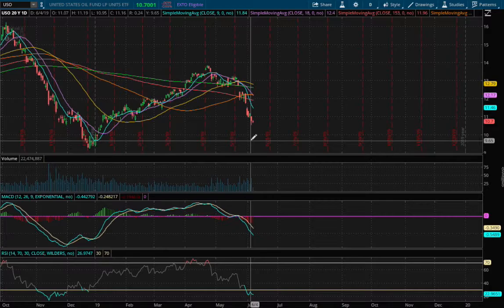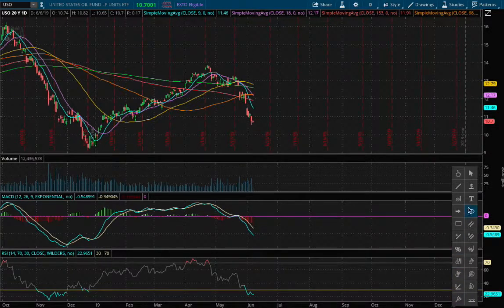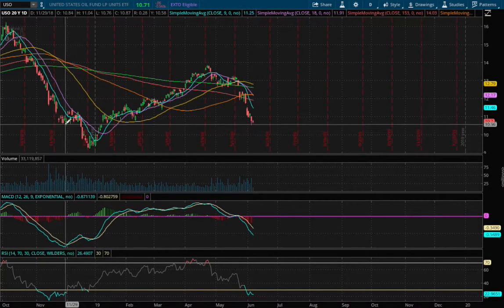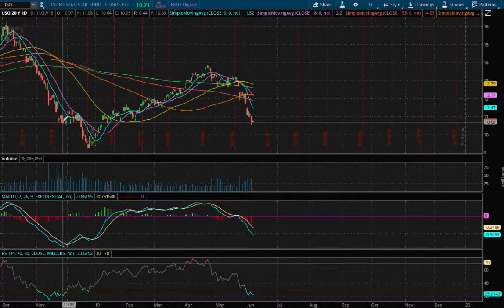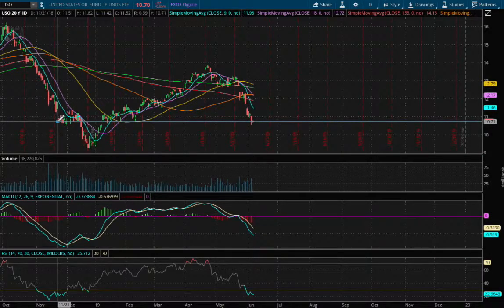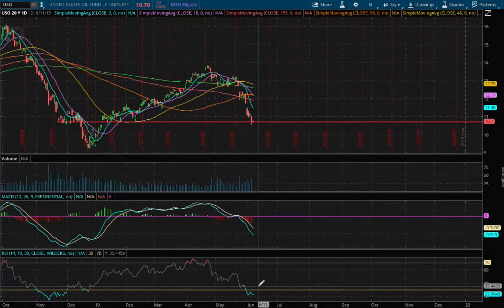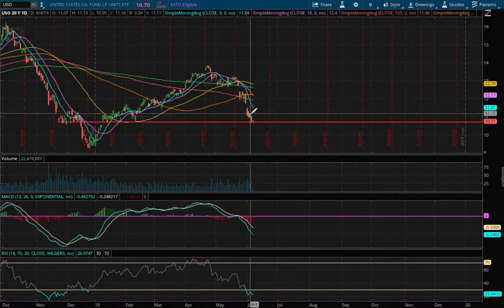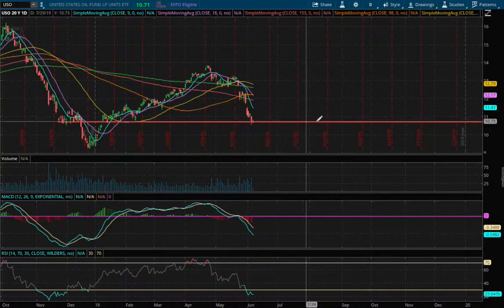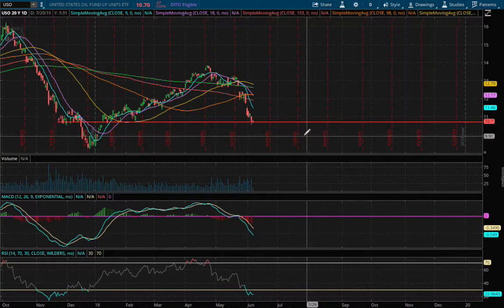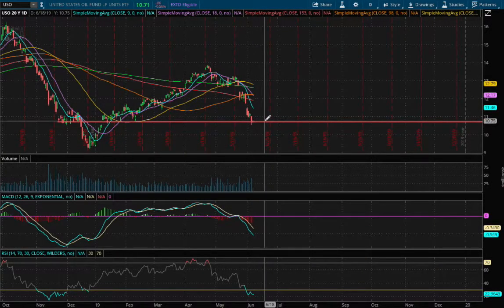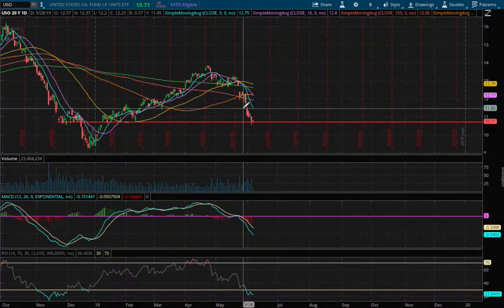And at the moment we are at somewhat of a support that dated back to December of last year and November of last year. So this is immediate support. I wouldn't quite count on it as support now because we are currently oversold. That's why we found some bottoming, and we could have a possibility of reversing and touching what looks like